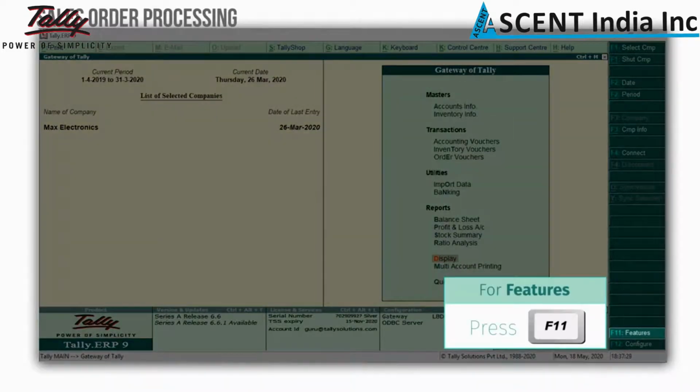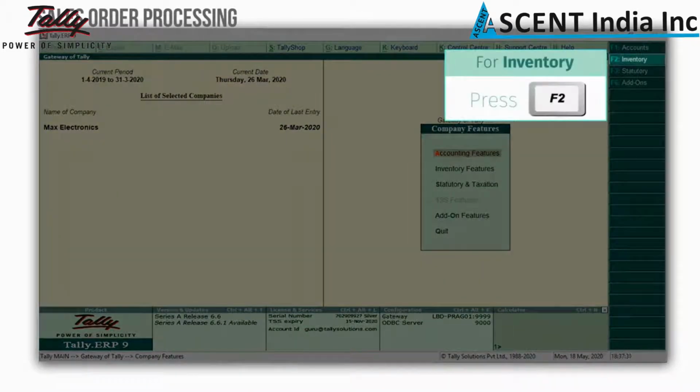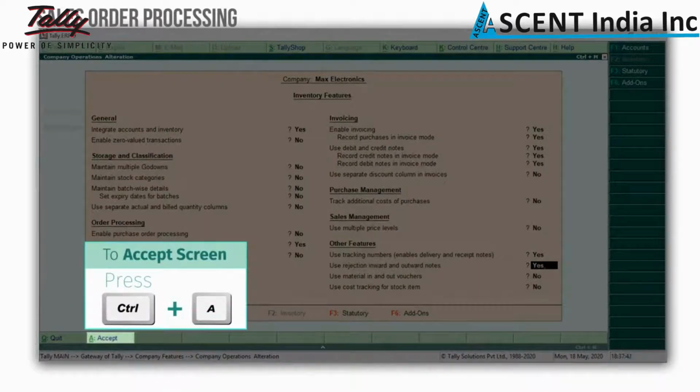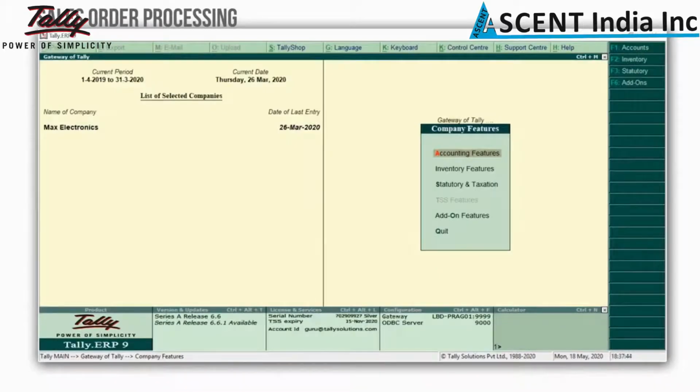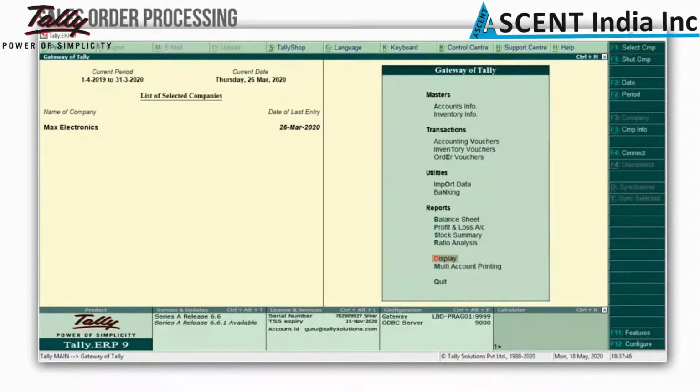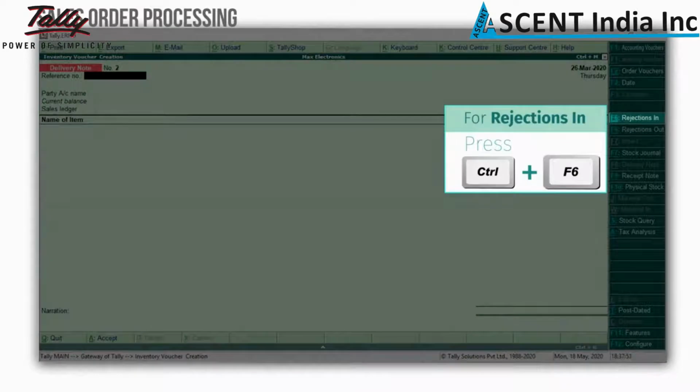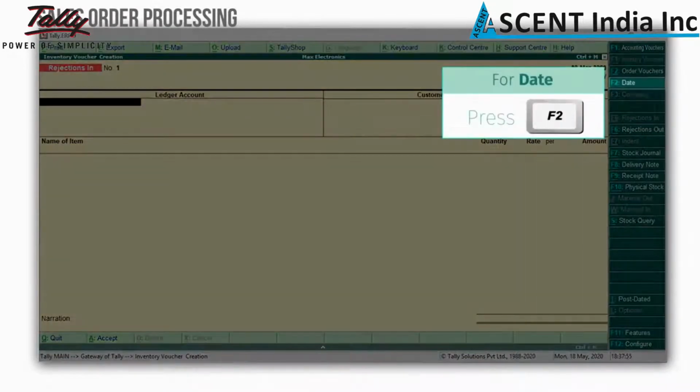Press F11 for features, F2 for inventory features, set Use rejection inward and outward notes to yes, press Ctrl A to accept the screen, and Escape to go back to the gateway of Tally. Press T for inventory vouchers, Ctrl F6 for rejection in, change the date by pressing F2,